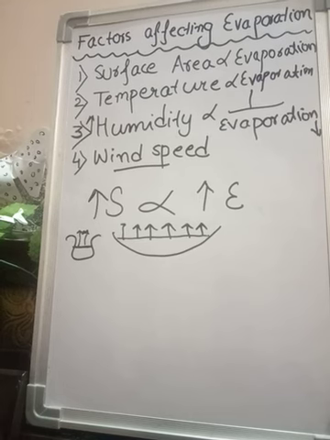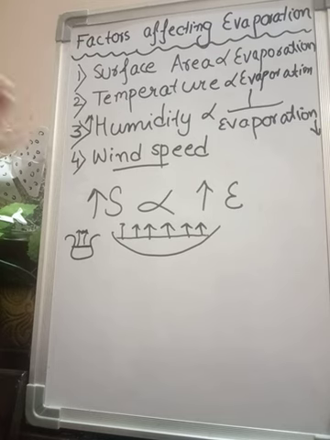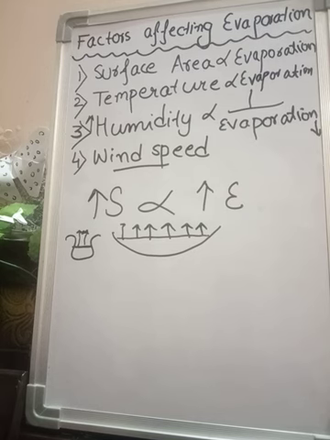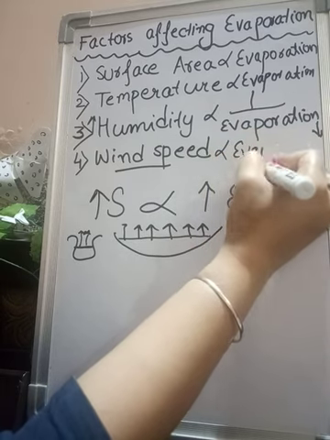It is increasing the wind speed. If wind speed increases, the rate of evaporation will increase. For example, on normal days also, whenever there is a high speed wind blowing outside your house, if you keep your wet clothes there, whenever your wet clothes are exposed to the high speed wind, the rate of evaporation will increase and obviously it becomes very easy to dry up your clothes. So wind speed is also directly proportional to evaporation.